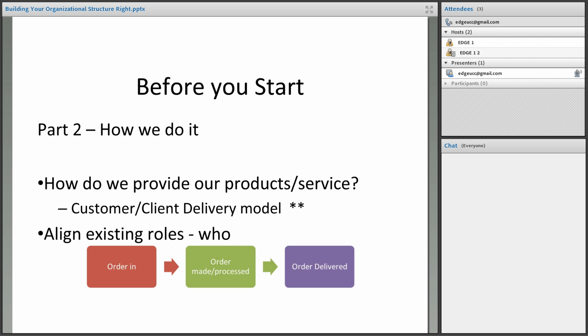Hence why I'm recommending this is one of the things that you do define before you start. There's a whole bunch of other reasons as well, but I can assure you, just in terms of being able to make sure that you are looking at your entire organization, because one of the challenges when you are ready to expand and to bring people on board, you want to make sure that you've got the right roles that they can fit into.